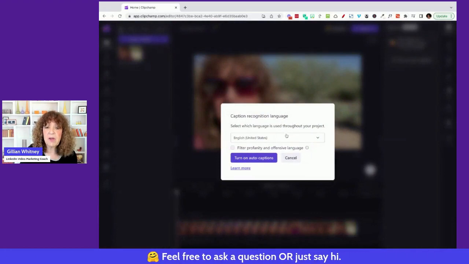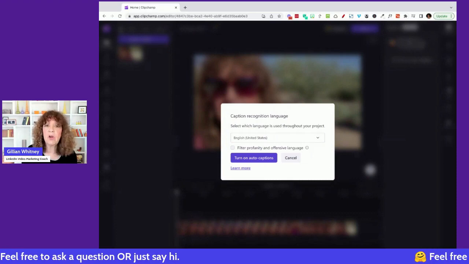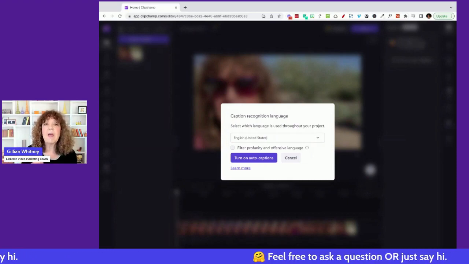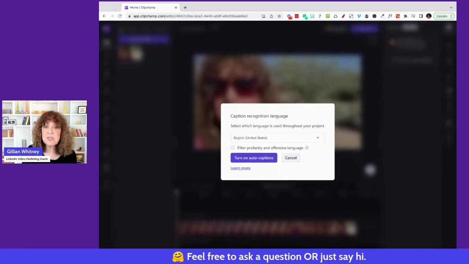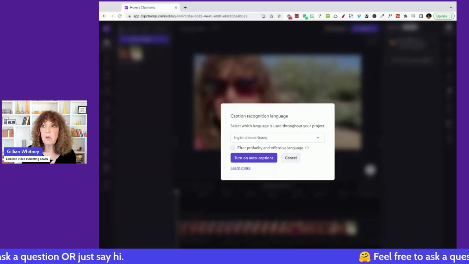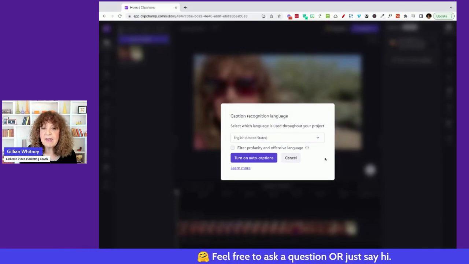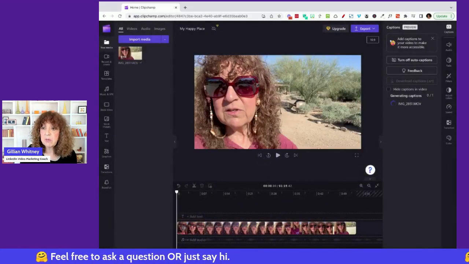And then here's where it's going to ask me what country. So this should work worldwide for everybody all over the world. And as a matter of fact, I would challenge you, if you're in a different country, if you're not in the United States, let me know if it works in your country, because I would be interested to know. This should be a worldwide thing. So I'm going to just go ahead and leave it as the United States. And then I'm going to turn on captioning.